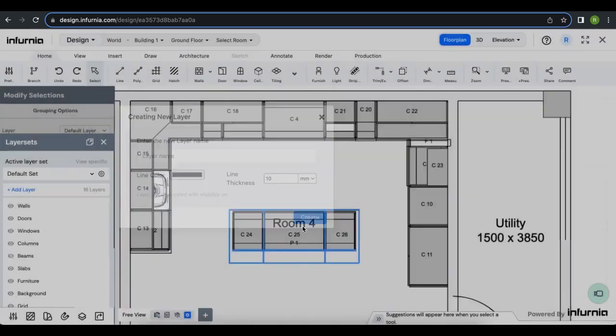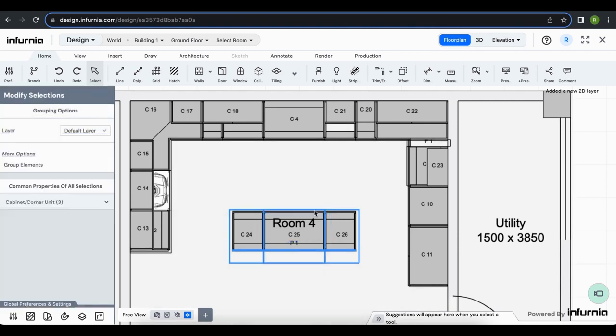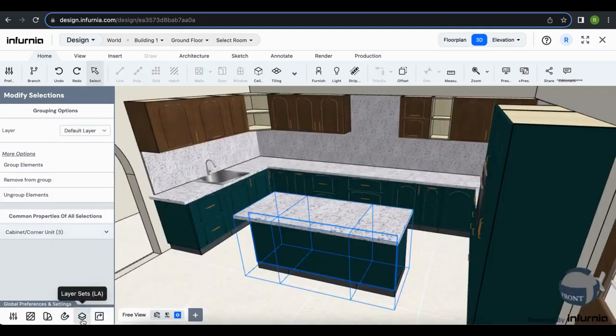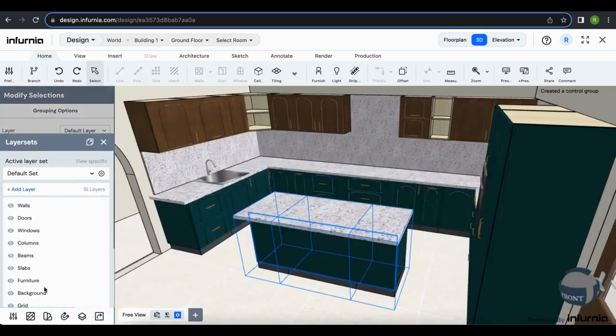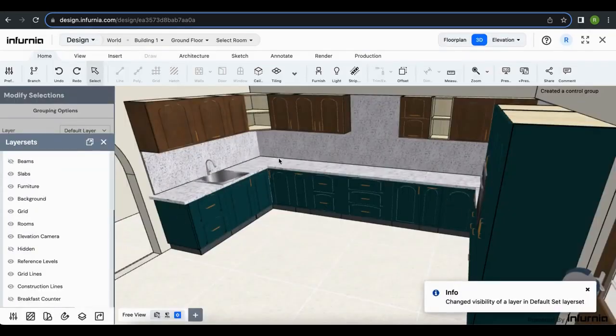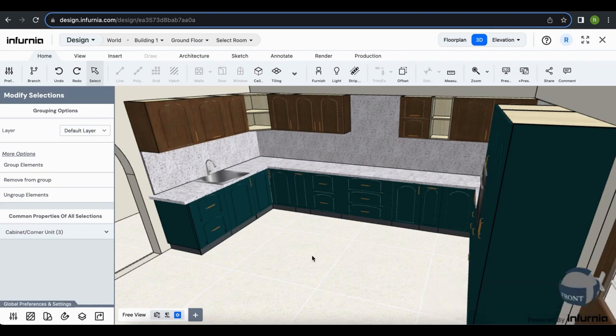I'll create the layer here and I will allocate these particular selections. I have the option of grouping here. I'll group the elements and I'll change the layer to breakfast counter. For this particular layer, I'll go into the layer set again and I'll turn off the visibility of the breakfast counter. Now this breakfast counter is hidden and I can go ahead and furnish the rest of the kitchen